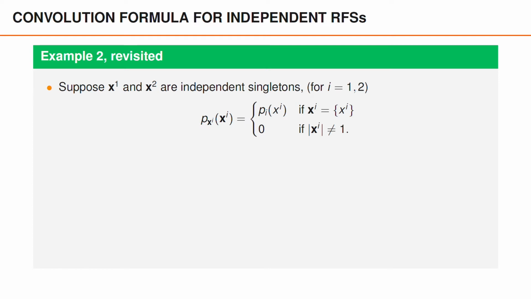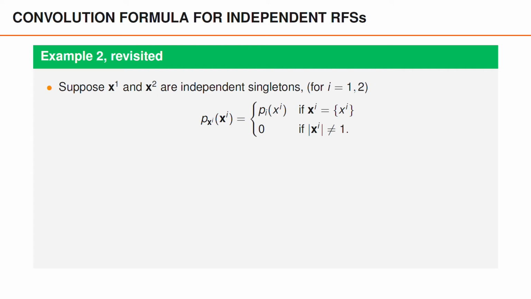In the previous video, we considered a problem where the random finite set contained 2 independent variables, x1 and x2, and we gave an expression for the multi-object PDF of that random finite set. We can use the convolution formula to verify that the expression that we provided was correct. To connect that example to the convolution, we need to realize that a set that always contains the elements x1 and x2 can be described as the union of 2 singletons, one that contains the element x1 and another that